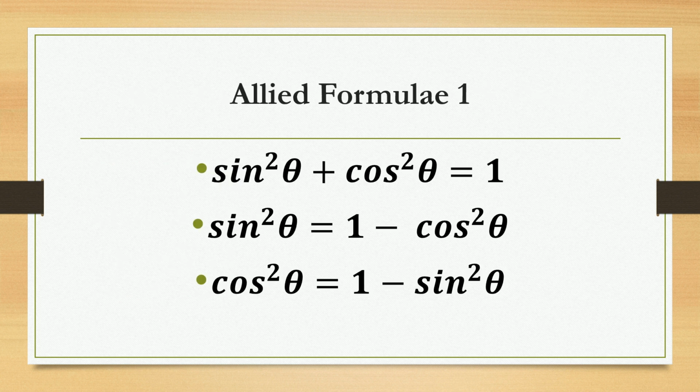Let us see what are those 10. The first one is sin squared theta plus cos squared theta is equal to 1. Sin squared theta is equal to 1 minus cos squared theta. Cos squared theta is equal to 1 minus sin squared theta. Because you have to remember all these identities in both the directions. It means in problems, whenever we get sin squared theta, we may have to substitute 1 minus cos squared theta. On the other hand, in some cases, for 1 minus cos squared theta, we have to substitute sin squared theta. So you have to learn each and every identity from LHS to RHS as well as RHS to LHS.